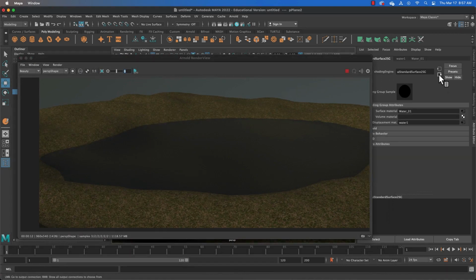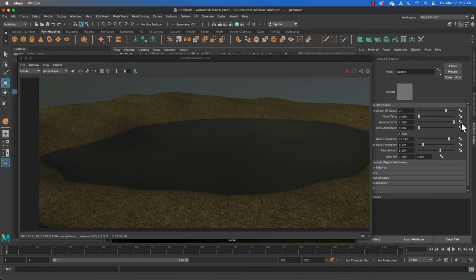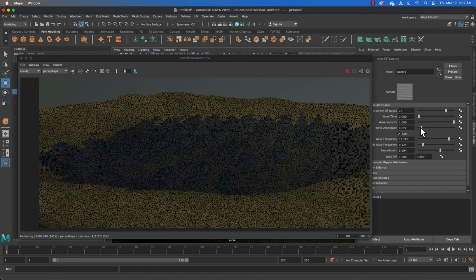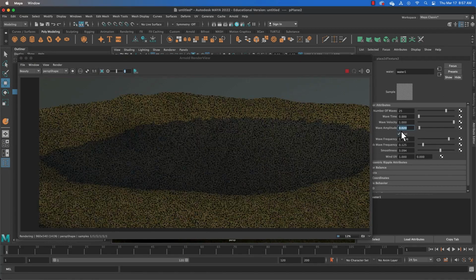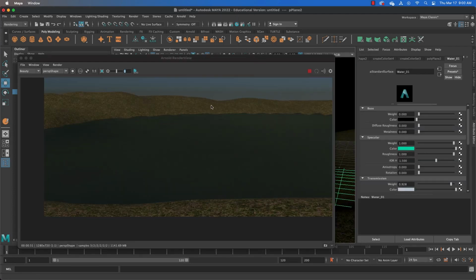I need to work on my wave height, I think. The amplitude. It's going to be a process. So here's what I decided on. Your settings are going to be very different. It all depends on the size of your plane. I upped my color quite a bit and changed it, and then on the SG node,